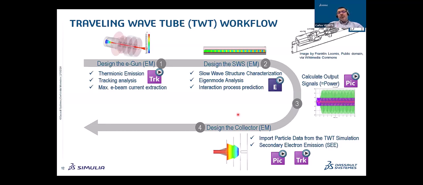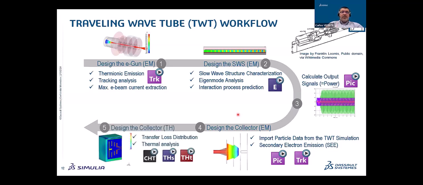And as said, once you do this design of the collector from the electromagnetic point of view, you have to ensure also that it is okay from the thermal point of view. So you have to transfer basically the loss distribution of the crash particles into the CST Studio Suite thermal solver. So that we have several thermal solvers there. Yesterday, Michael, my colleague, was talking about them. So you can really couple the current absorbed at the surface of the collector with the temperature that it will